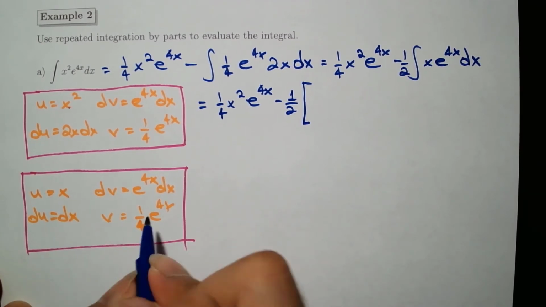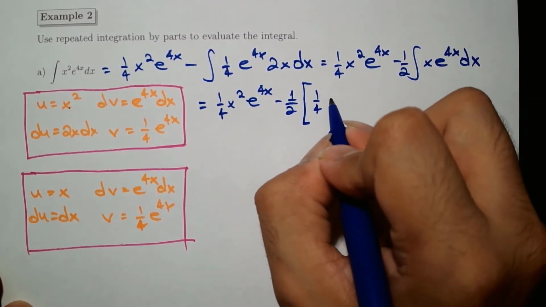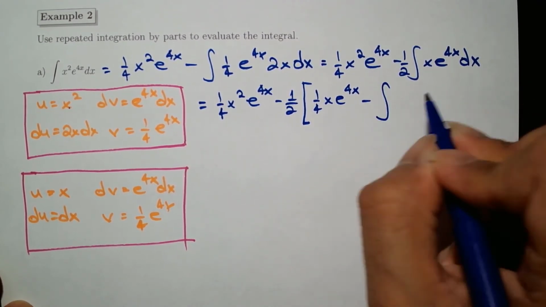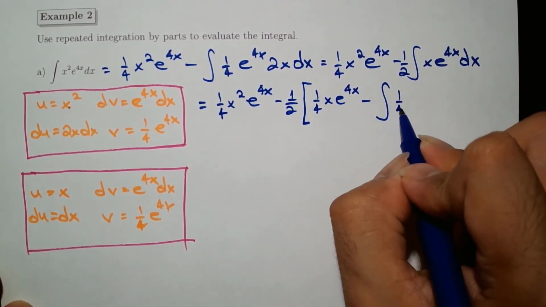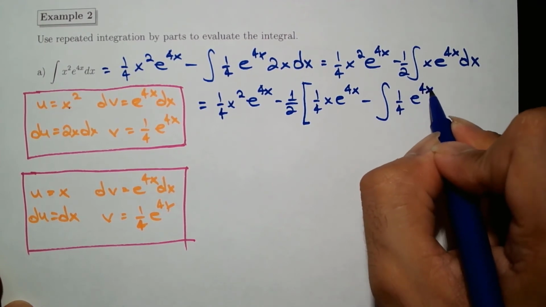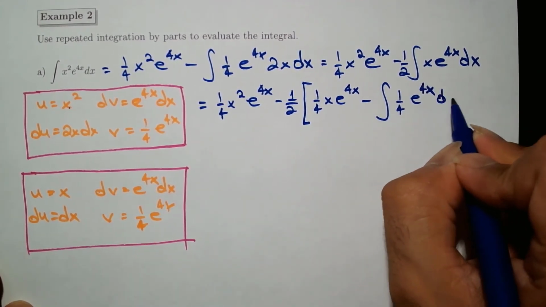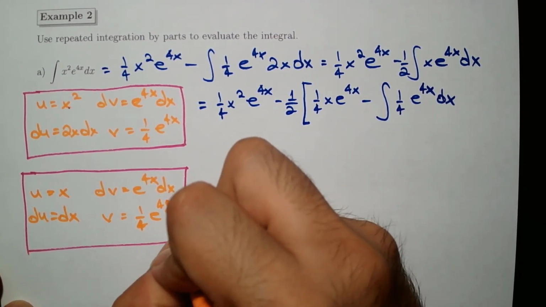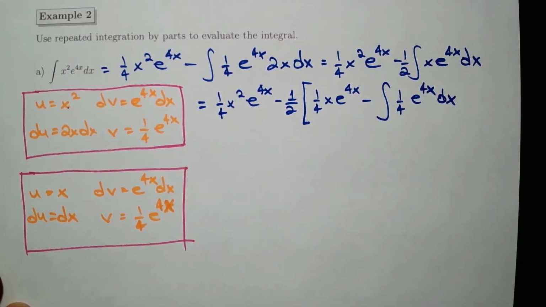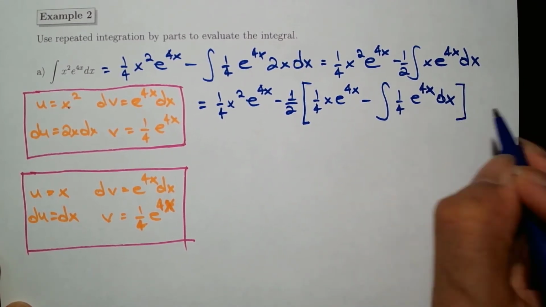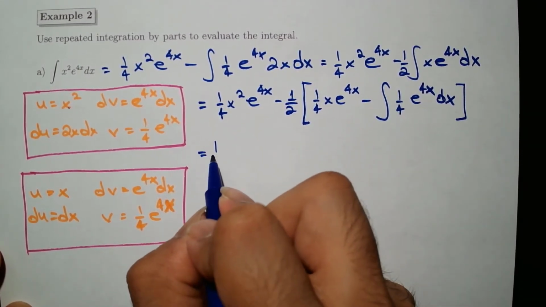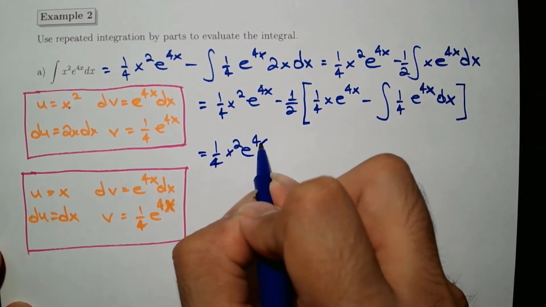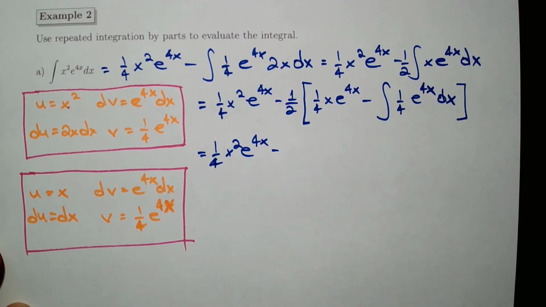Alright, so it's going to be u times v, which is 1/4 times x e to the 4x, minus the integral of v, which is 1/4 e to the 4x, du, which is dx. Let me make this guy look like an x. Alright. And close the brackets. That's 1/4 x squared e to the 4x minus,